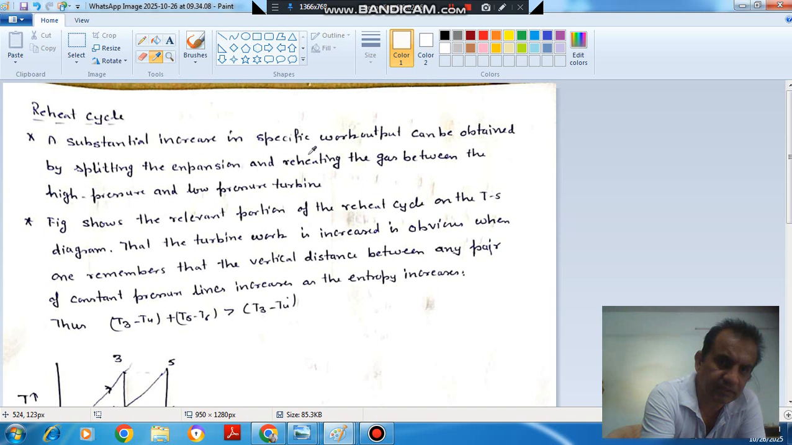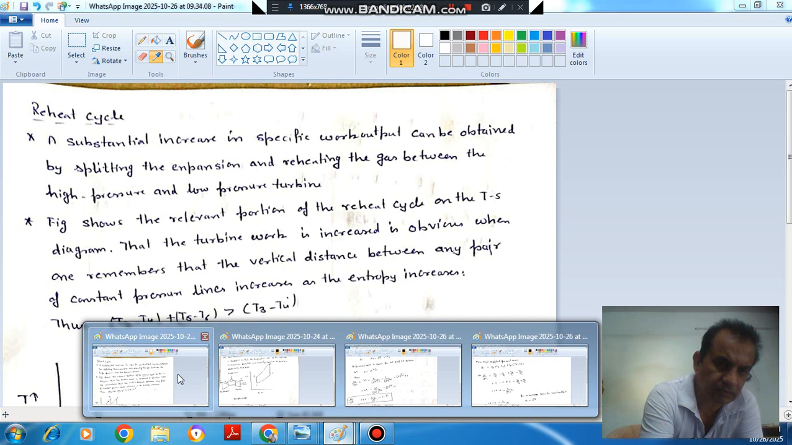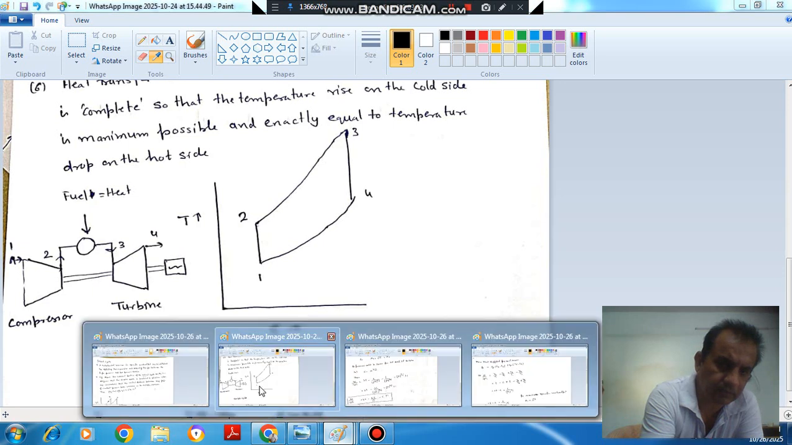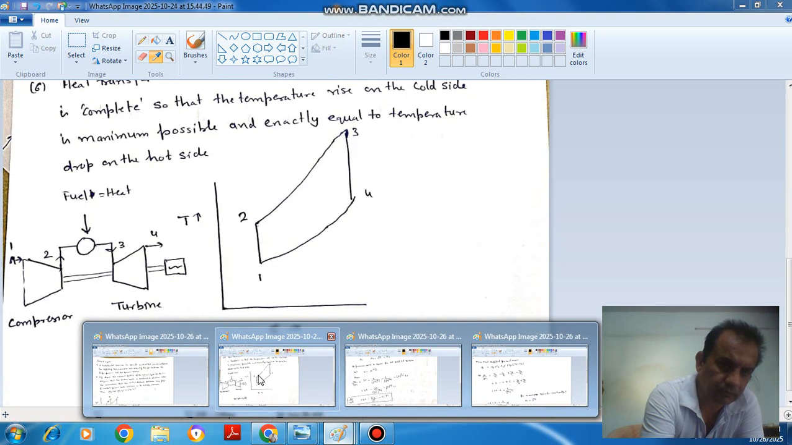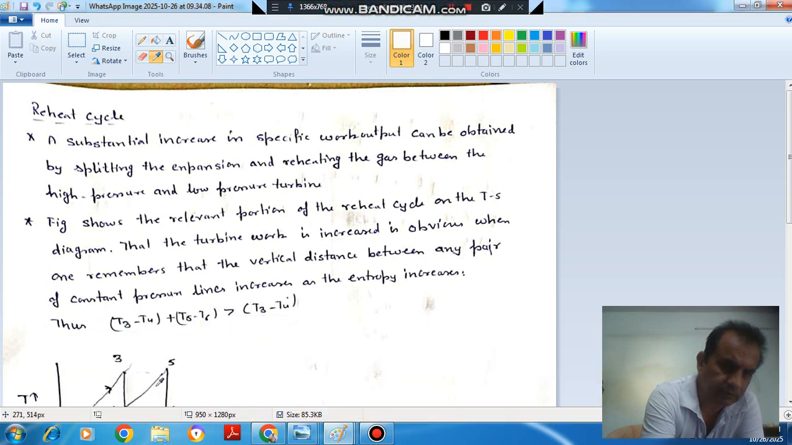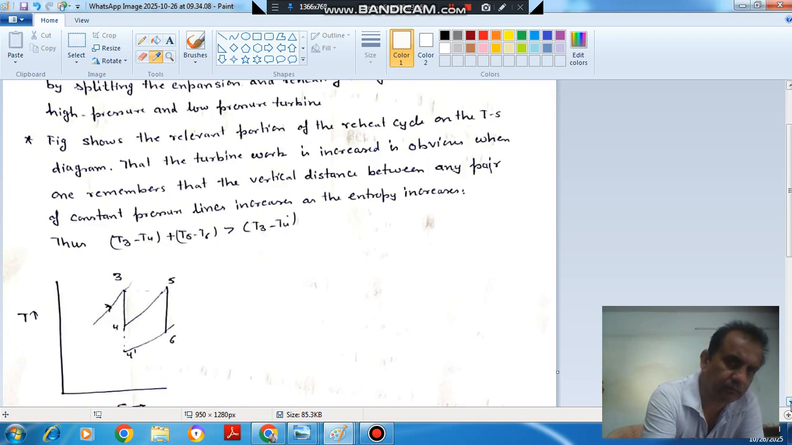A substantial increase in specific work output can be obtained by splitting the expansion and reheating the gas between high pressure and low pressure. So initially it was this cycle. Now we are splitting the expansion and reheating the gas in between. So we are able to increase the specific work output. The figure shows the relevant portion of the reheat cycle on the Ts diagram. That the turbine work is increased